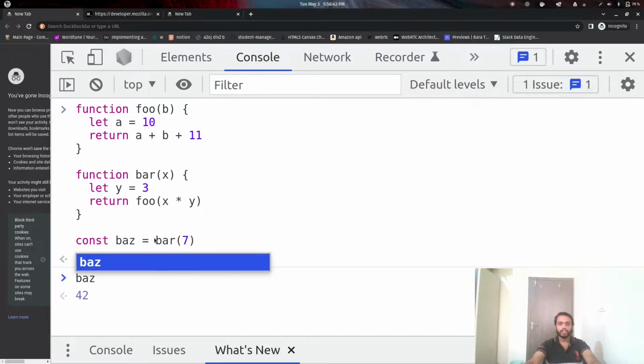When I call bar, it creates a new frame which has a static variable x and variable y, and then this function calls foo. So the bar function has been pushed into the stack as a frame along with its variables, and we move to the next function foo, which also creates a frame with a static variable a and does some calculation.